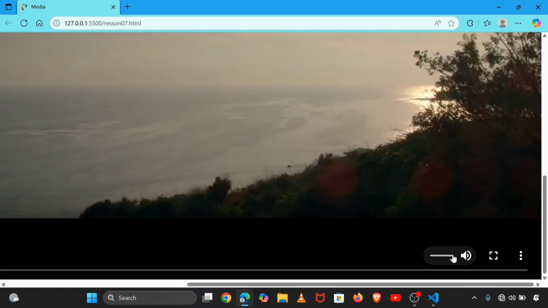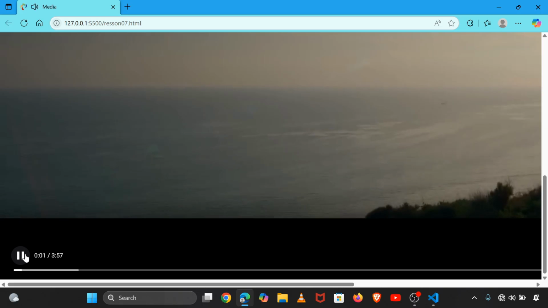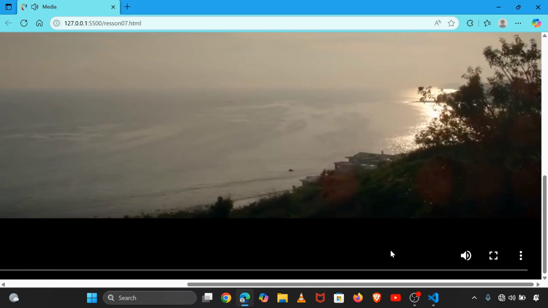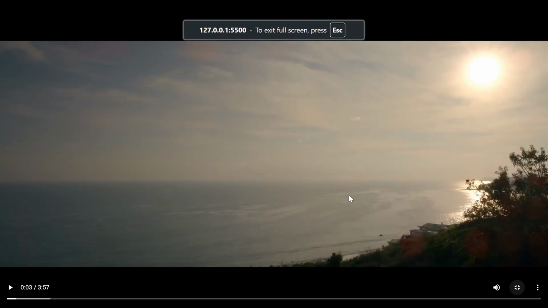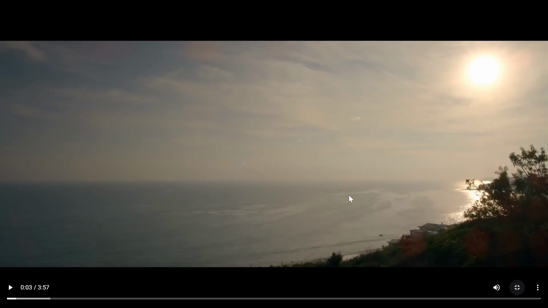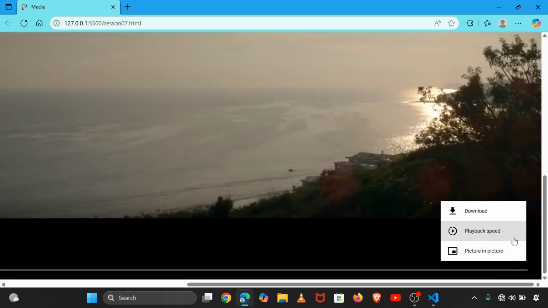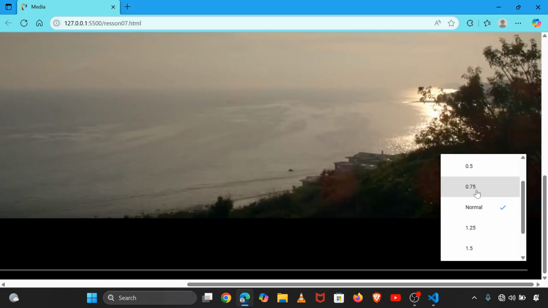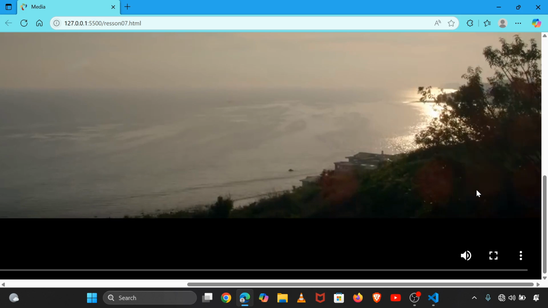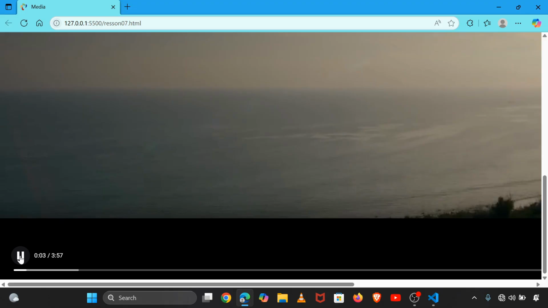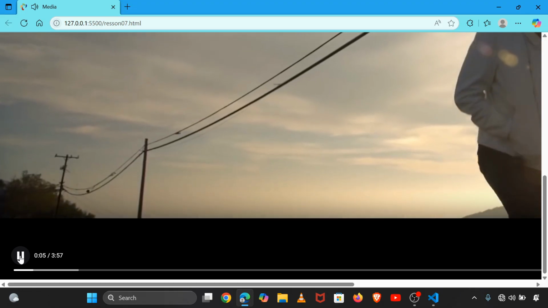You can come here and reduce the volume, and when you play, you see that the audio is reduced. If you want it displayed over the screen like in YouTube, we reduce it to the size it was. Again you can come here and download it, or play back with speed, and you want the speed to be 0.75, and when you click, you see how it is working